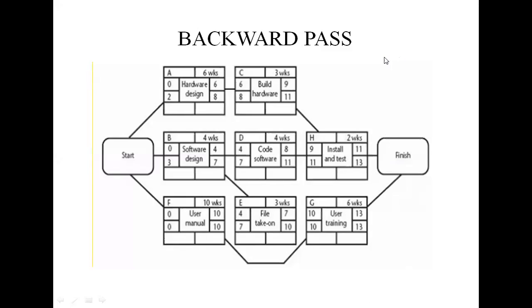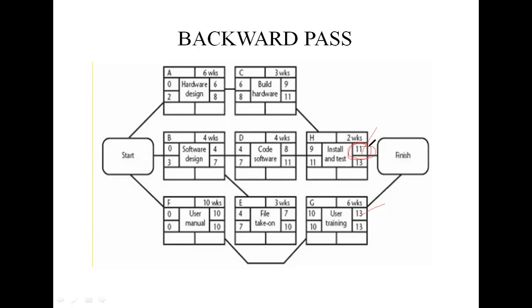So the latest completion for activities G and H, already in the forward pass: G is completed in 13 weeks and H in 11 weeks. The overall assumption for the completion of the project is 13 weeks. So activity H must start at week 11. In the backward pass we start from the latest completion, the end date of 13, so 13 minus 2, that is we start at 11 weeks.